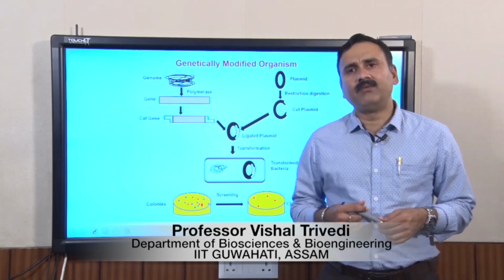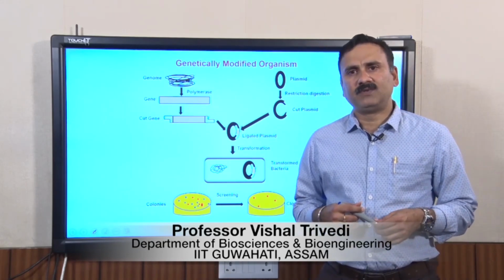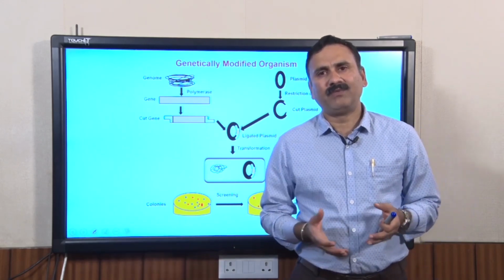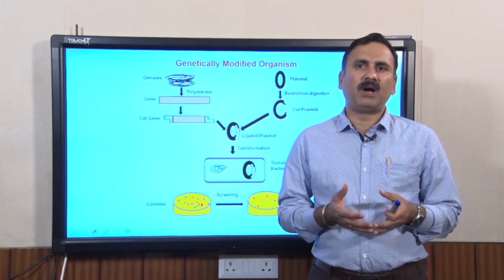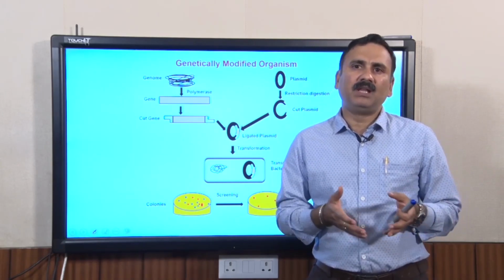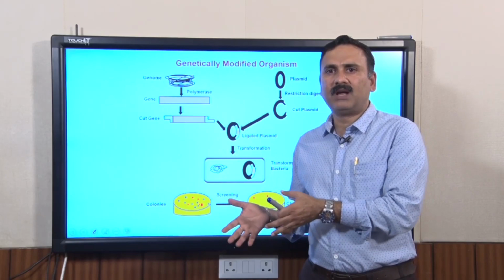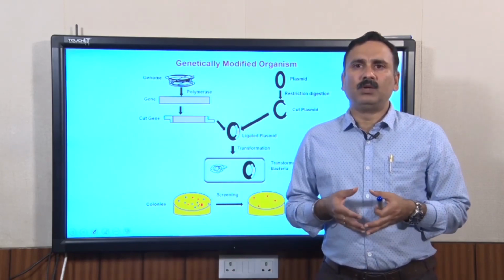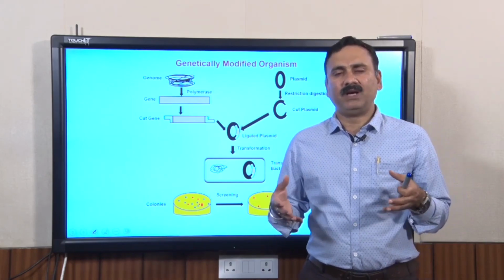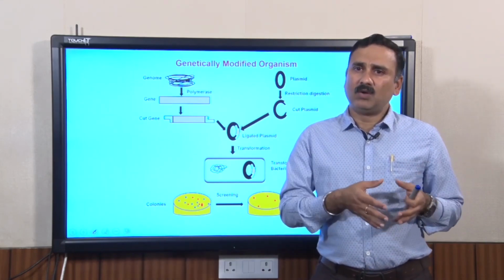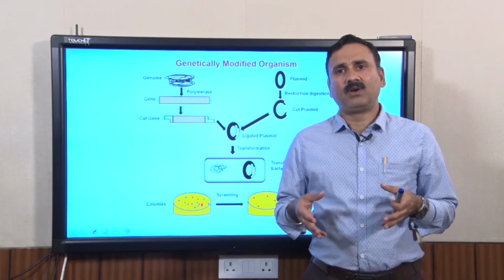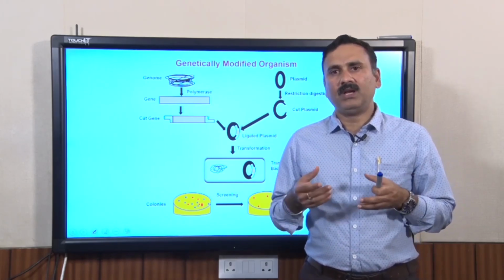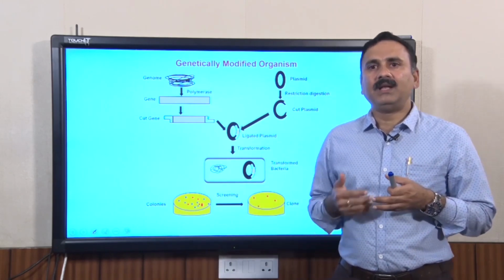And what we were discussing about generation of genetically modified organisms, and in the last couple of modules what we have discussed so far, we have discussed about the physiology of host, as well as we have discussed about different types of vector or the transforming agents you can use to develop the genetically modified organisms in a particular host. In this context, we were discussing about how to produce the protein in different host strains,